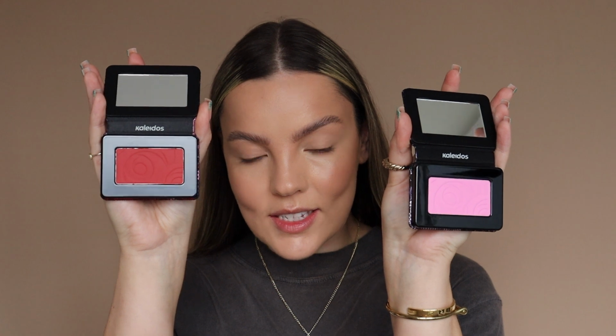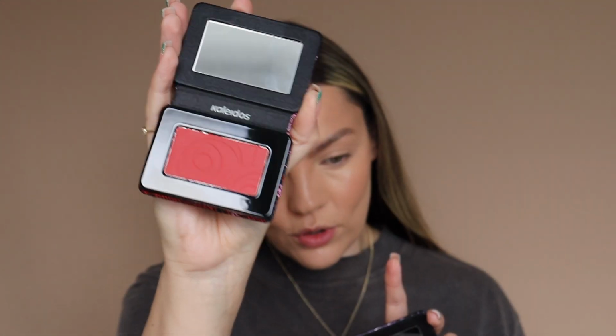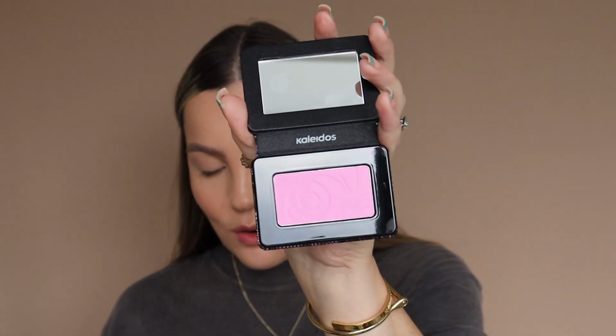How incredible. So I love to mix blushes. I very rarely use one shade. So today, damn it, I don't have the shades on the back of these. I'll have to have a look online. But these are the shades. How incredible. So this is like a really nice autumnal winter berry shade. Don't know if you guys can see how gorge. And then this is like a dupe for the Dior, right? How gorge. And I just honestly tap between the two